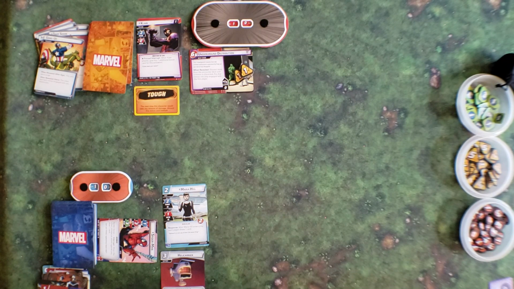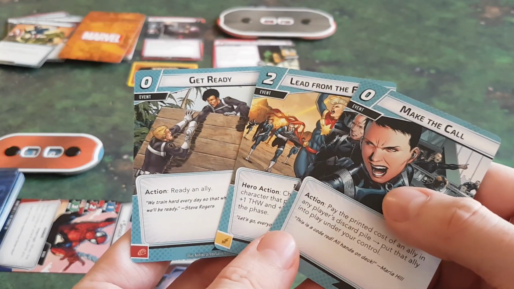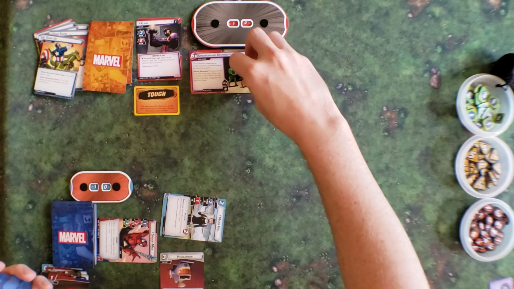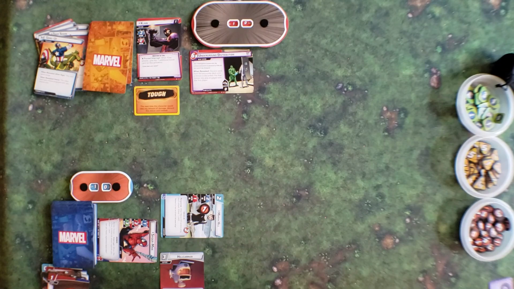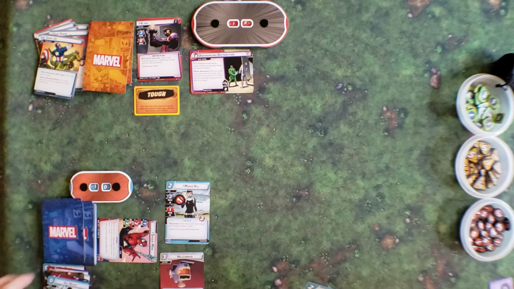Now, these actually can both activate. Yeah. So I think what I'm going to do is I will... Yeah, it's tricky. It's tricky. I think we can actually make this pretty good, though. Yeah, okay. So I'm going to thwart with Maria Hill. So I'm going to take 2 off the scheme. Now she takes a retaliatory damage on her. Okay. I'm going to play Get Ready for 0, ready an ally. So she readies back. I am going to...